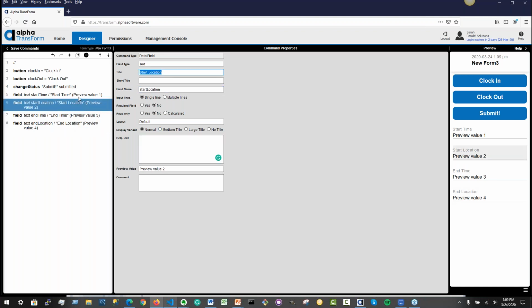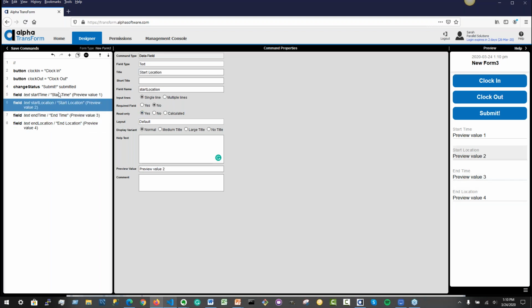So some things that need to be enforced in this form, because we want to capture this data programmatically and we don't want the user to mess with it, is we need to make all of these fields read only. And that is done by just selecting yes for the read-only property. There's also this calculated option, which is set in the TPL code editor, and I'll point that out later when we go into it. So I'm just going to go through each one of these and set them all to read-only,